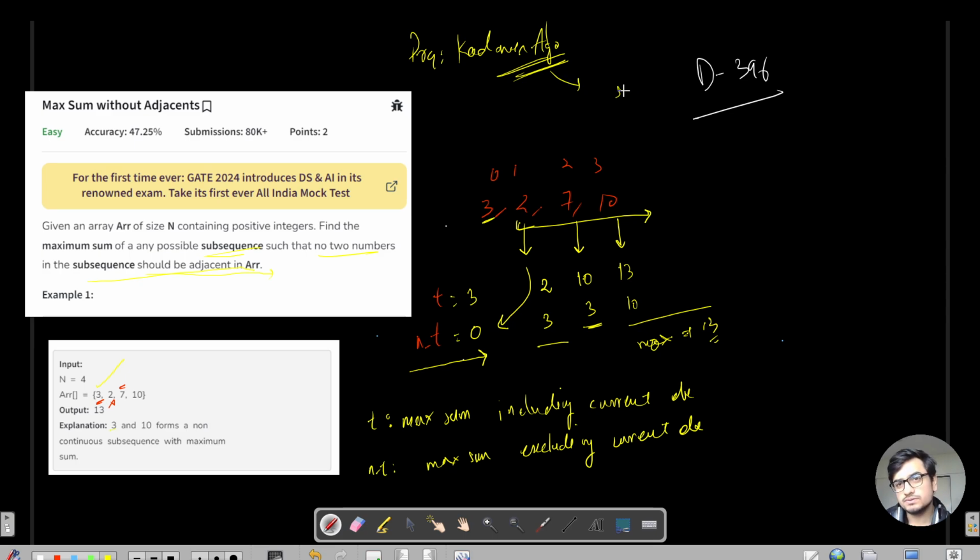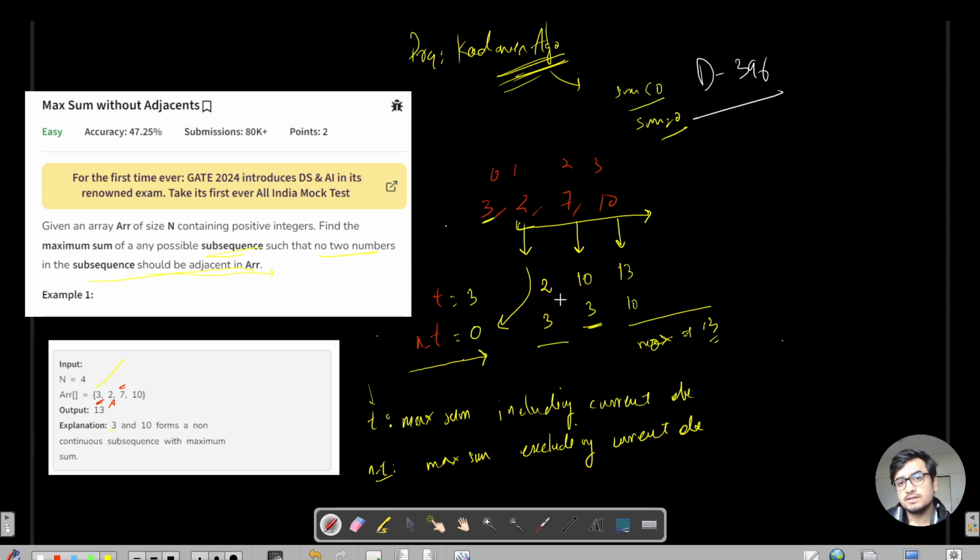And whenever the sum goes to 0, we reset our sum equal to 0, and again keep tracking the maximum sum in one iteration. Please go through it. So what is the common thing, or what is the intuition for this problem as well? So we have maintained a t and an nt, right? So t is nothing but it is maintaining the maximum sum along the array, across the elements, including